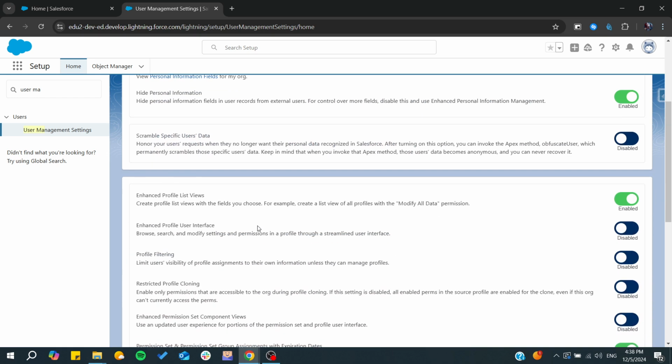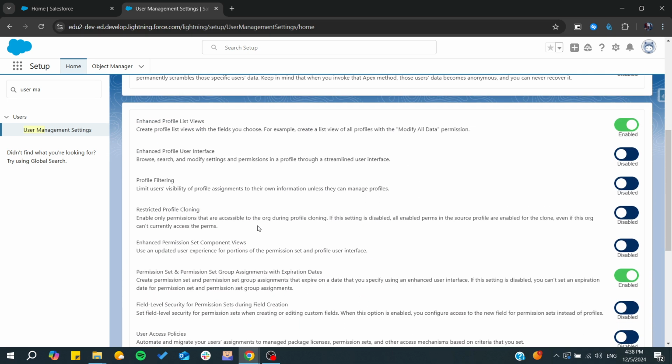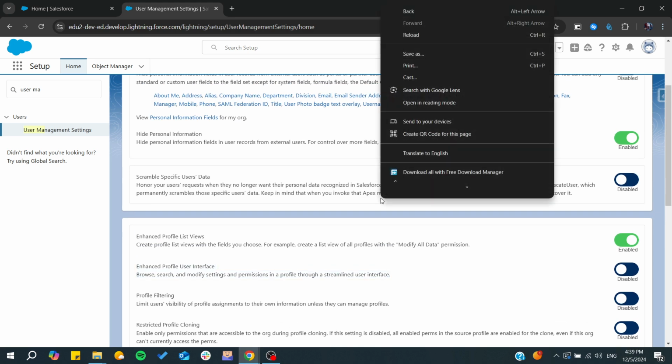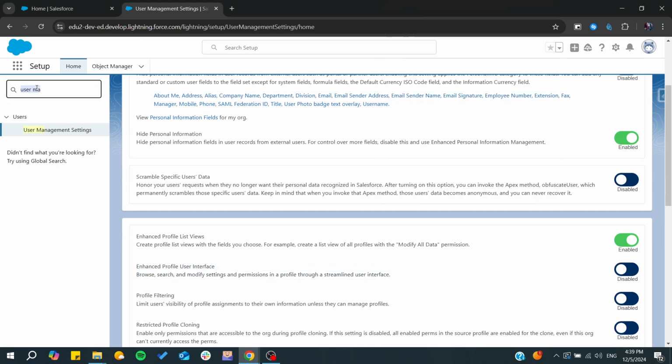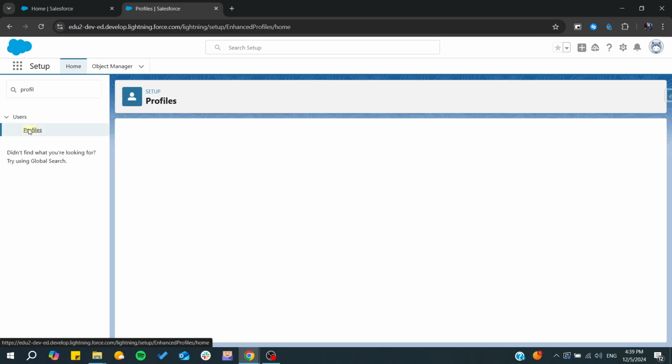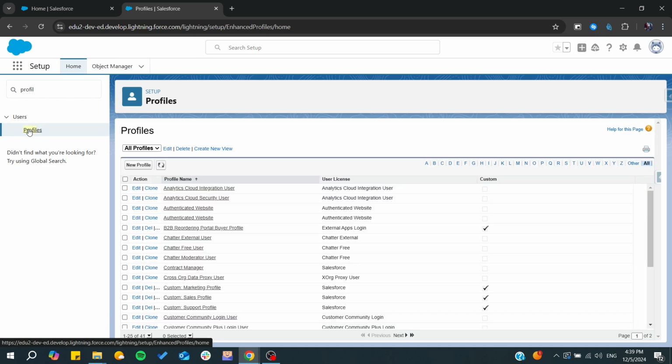And after that, we need to search also for other settings, and we need to disable the enhanced profile user interface. So make sure it is disabled, and after that, we need to go to users and search for profiles. So there we can go to profiles, and from here we can get our profile, and then you can start